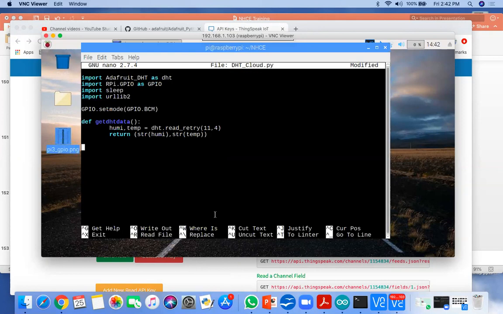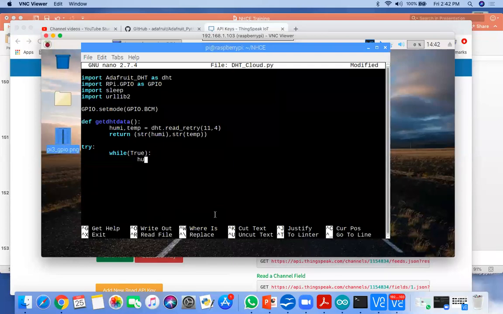Next I'm putting the try block, and then while 1, or instead of 1 you can put true also. While 1 and while true are the same. Now next is to get the humidity and temperature.